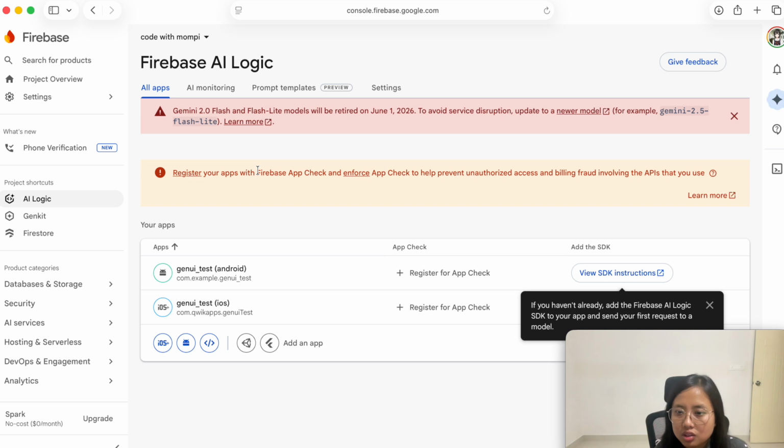Now there are lots of other errors that you might face. I have added all the possible errors and how to solve them in the README file itself. But once it is enabled, you'll get to see something like this, which means that your project is configured for AI logic. Okay, once that is done, you can